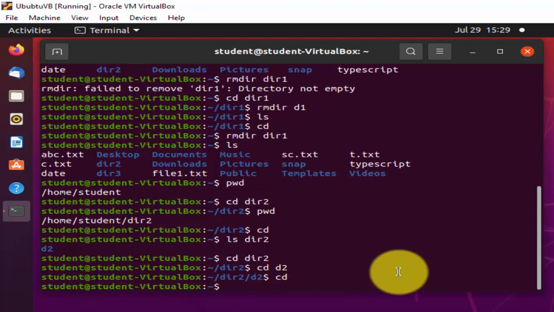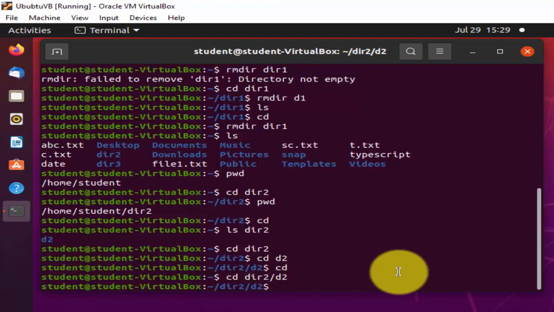When you are using the absolute path, you can simply use cd and provide the complete path of the directory you want to go to. So here I give the complete path, cd dir2/d2, and you will be directly taken to that particular directory.